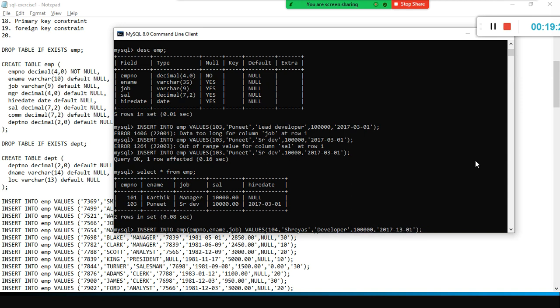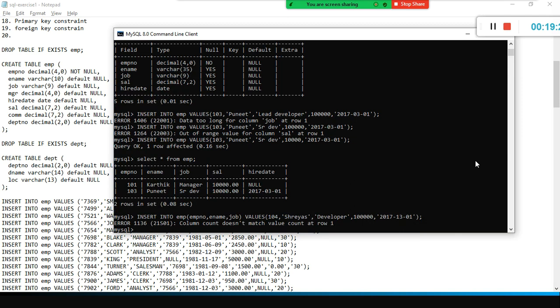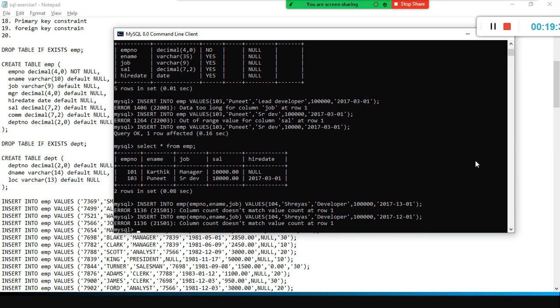I'll give you 13 here. Okay, it will throw an error. Column count does not match value count, right?